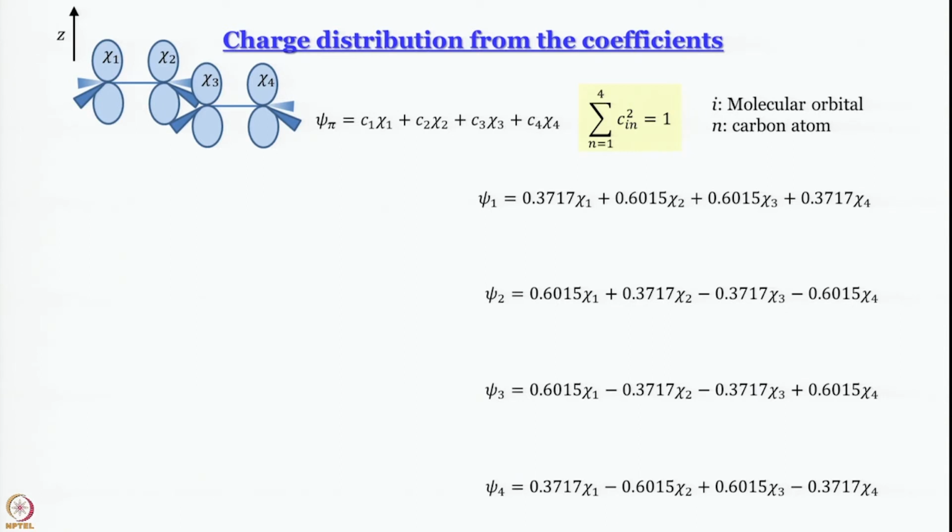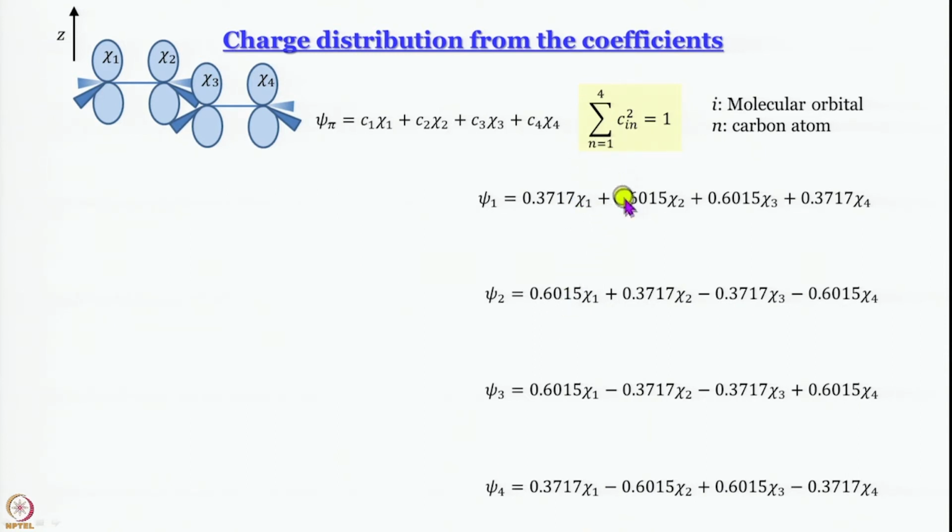Now, we learn to determine two very important properties of the molecule. First is charge distribution. As you know, charge distribution may or may not be uniform. If you take H2, charge is distributed uniformly. If you take HF, that is not the case. So, now we learn a little more quantitative way of determining charge distribution from coefficients of atomic orbitals, and this is something that is done in higher level quantum chemical calculations as well, using softwares like Gaussian or GAMESS or something like that. So, first thing that I want to say here is sum over n equal to 1 to 4